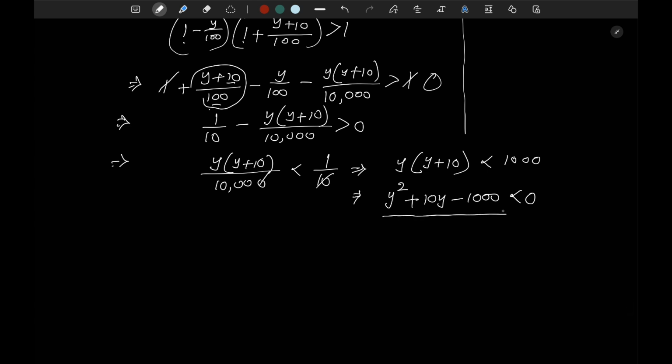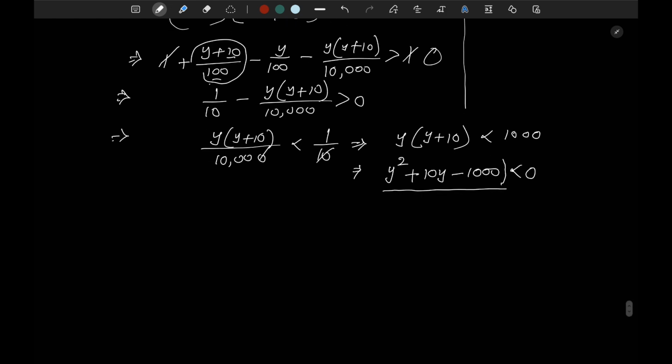Quadratic expression you have on this side, and we have to find the root by the crude method, and the value of y will be equal to what? Minus b plus minus root b square minus 4ac by 2a. We have seen previous day how this